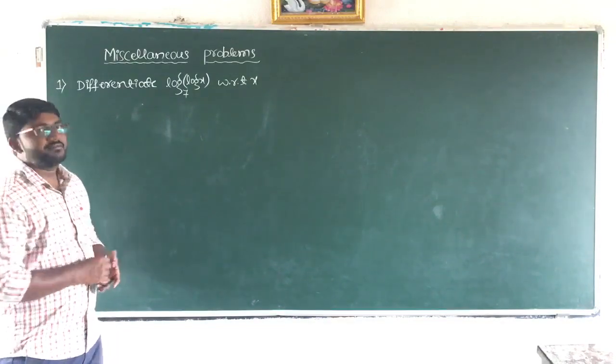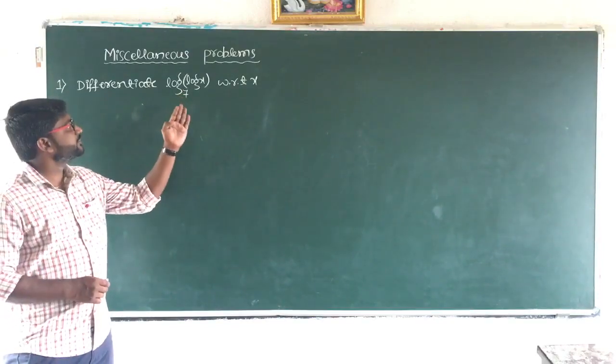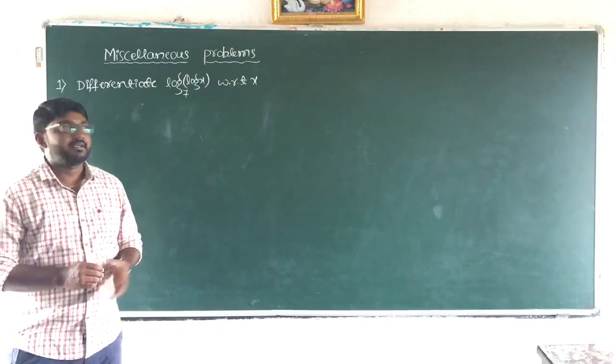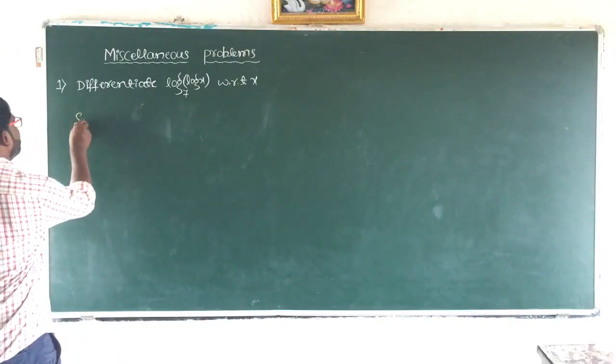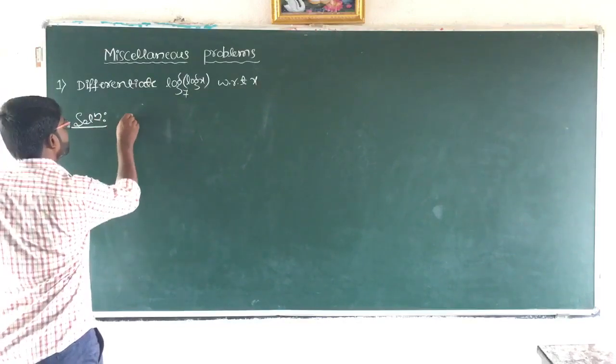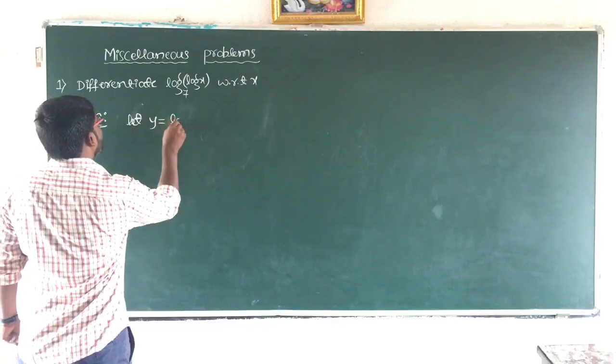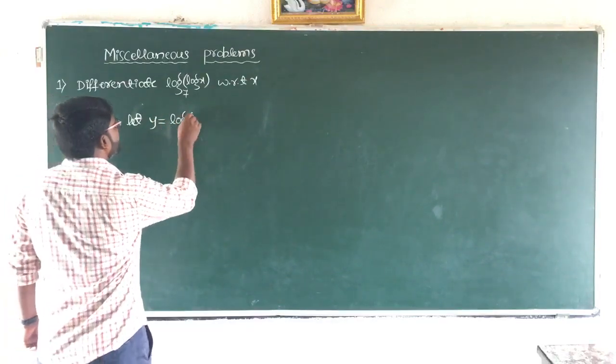So here I have taken the first one: differentiate log of log x to the base 7 with respect to x. So now I will consider this as y. Let y be equal to log of log x